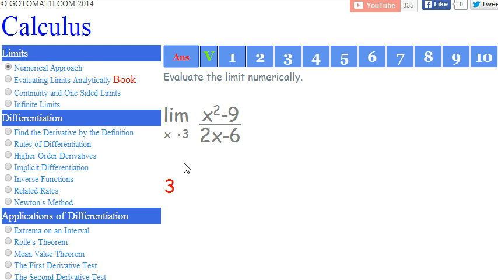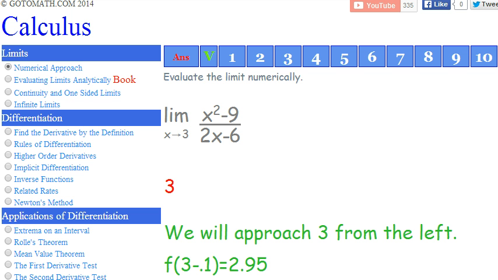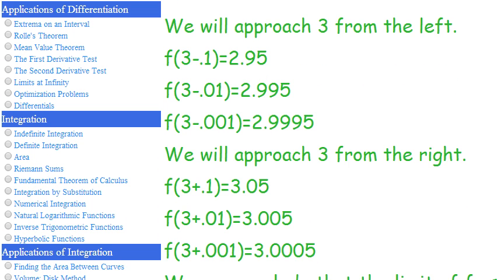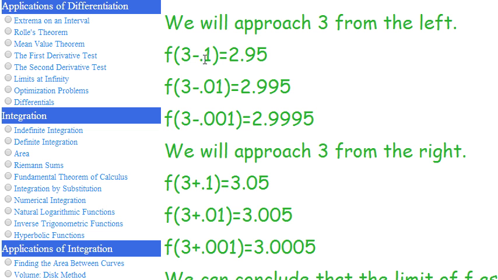So here we are. Let's just click the answer. We can see that it's 3, but let's click the help button here, and this is exactly what I do. As you can see,